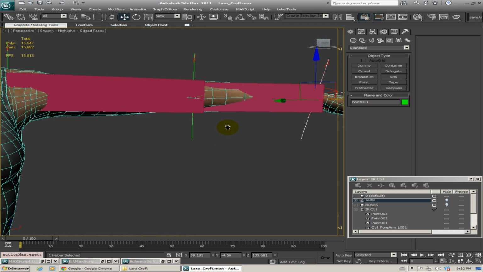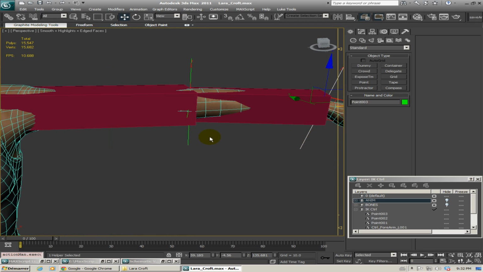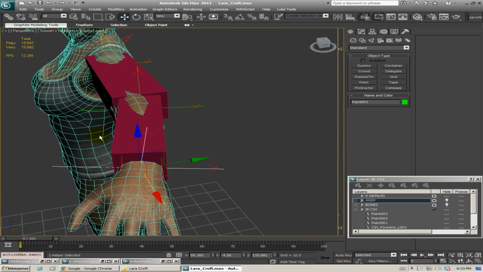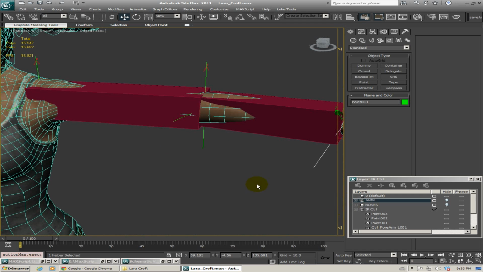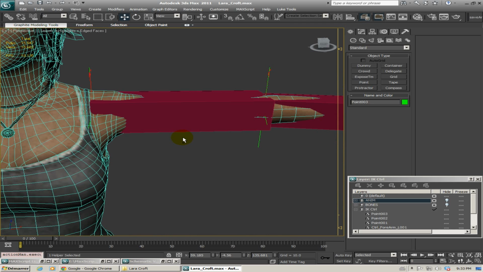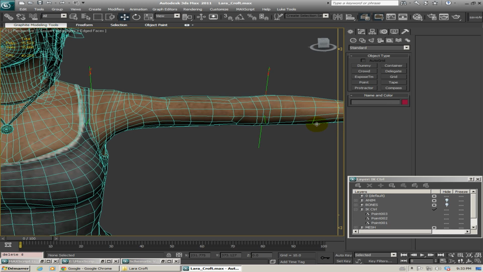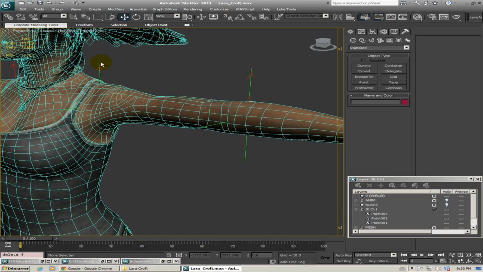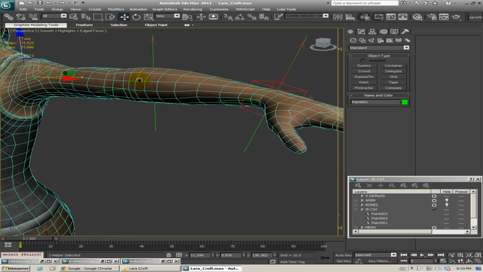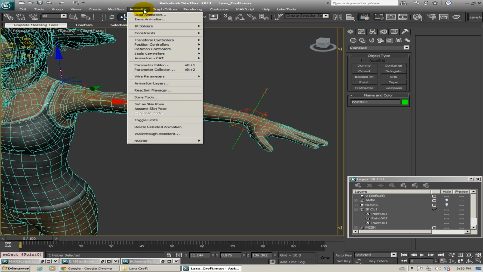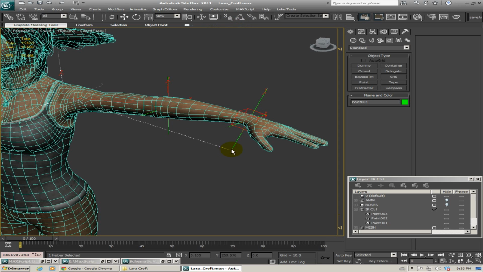Okay. So now I have my three controls, or rather targets, for my IK chain. These I can delete. And now I'm just going to create my IK chain. IK solver, HI solver, and